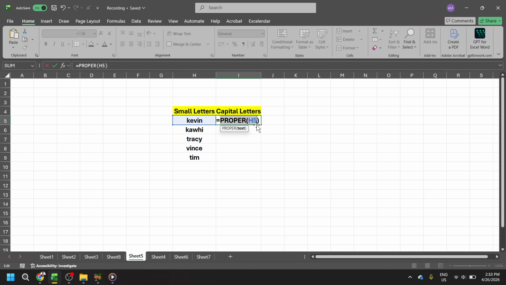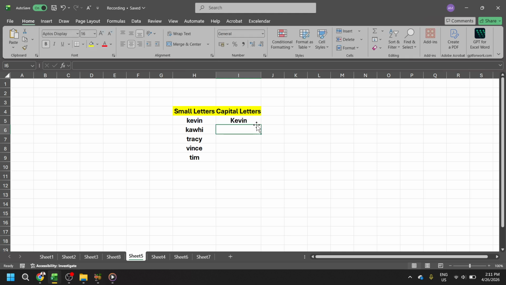Once you have selected the target cell, the penultimate step in constructing our formula is to close the parenthesis. This signals to Excel that you have provided all the necessary information for the PROPER function. So simply type a closing parenthesis right after your cell reference. Your complete formula in the cell should now look like this: equal sign PROPER A2. Take a quick moment to review the formula to ensure there are no typos. An incorrectly placed comma or missing parenthesis can cause an error, so a brief check can save you a moment of frustration. Finally, with your complete formula typed into the cell, simply press the Enter key